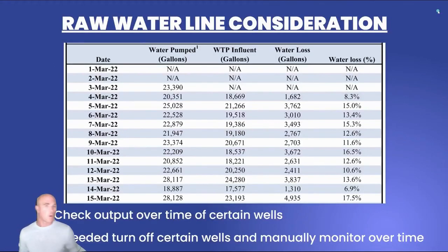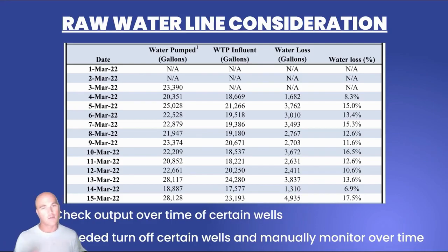So here are the raw waterline considerations. In this case, I didn't have to do this reporting. I sent the operator on this task. Each day, he had a specific raw water line that a group of wells was pumping into. Every day he would start reporting what we pumped, how much came into the treatment plant, because it had its own little meter, and then how much was lost out of it. So we identified that this is above the industry standard,